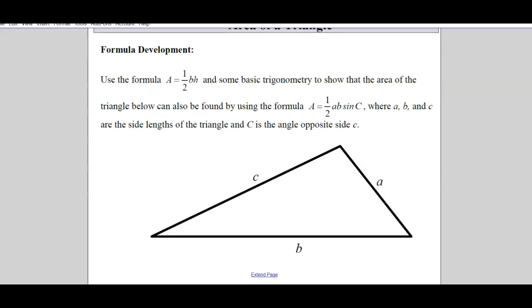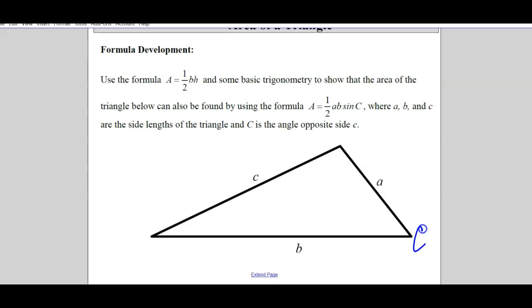So we know the formula for the area of a triangle is 1/2 base times height, or you might know it as base times height divided by 2. It's the same thing. We can use that as a basic trick to show that the area of the triangle below can also be found using the formula A equals 1/2 ab sine of capital C, where a, b, and c are the side lengths, and capital C is the angle opposite side little c. So remember back to math 10, if we're labeling sides, we use lowercase. The angles opposite them are the uppercase letters. So this would be capital C,